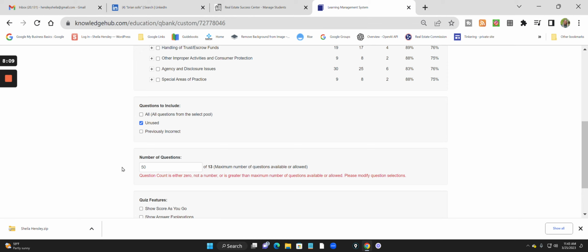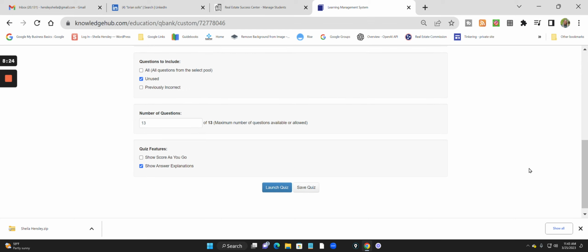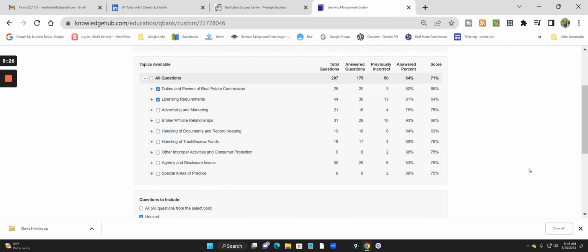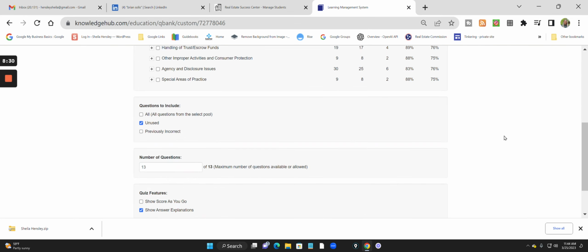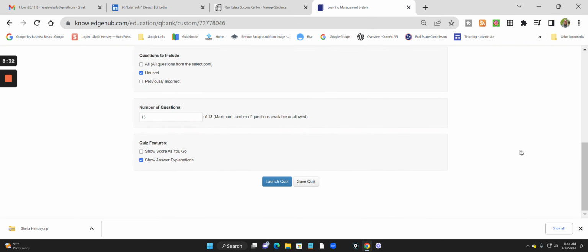You can change this to 13, and you can form a custom quiz over both of those subjects. It'll be short, show answer explanation, and you're going to study the incorrect answers on that one as well when you review it. Don't forget to change the name of the quiz and go back down and save quiz,